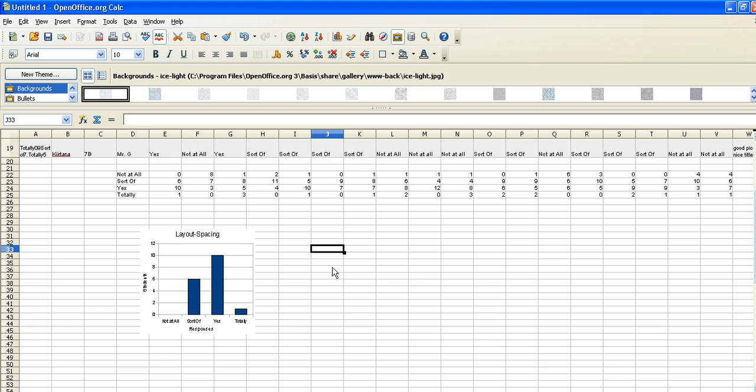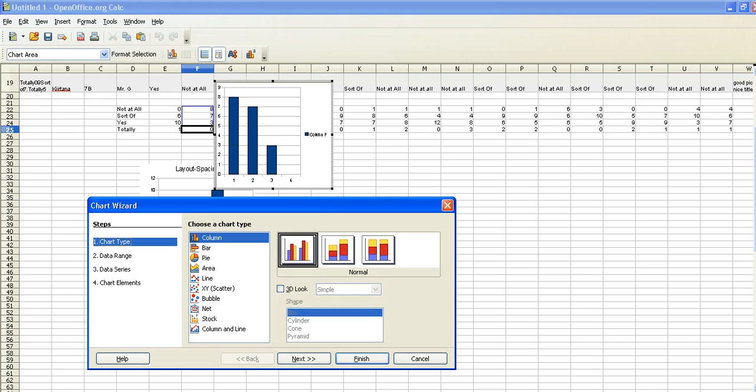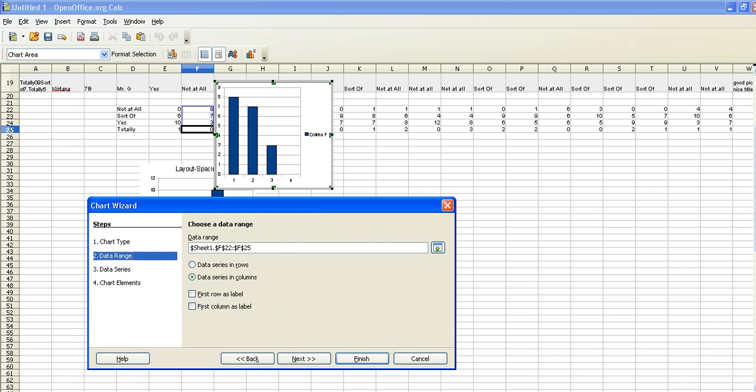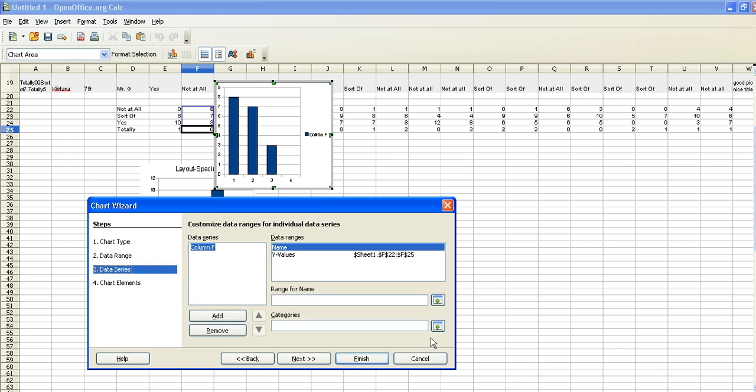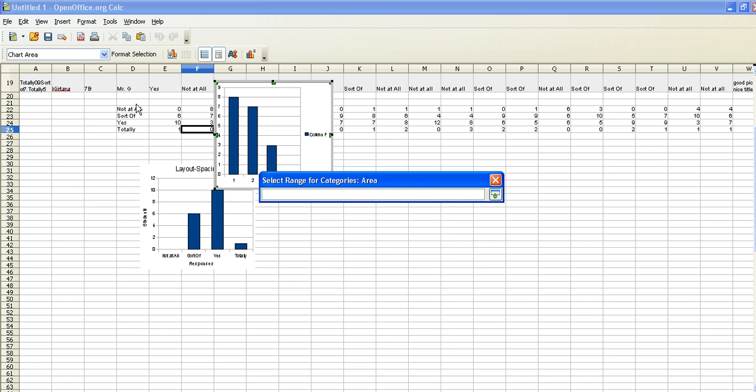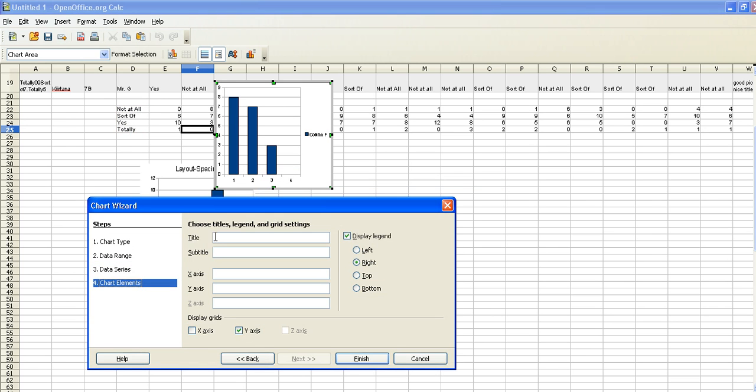As a review, we'll do the same thing for question 2. So I highlight the data, choose the graph, select the format, and then move down to the data range, which is fine in this case, the data series, and choose my categories, not at all, sort of, yes, and totally, and then input the title for question 2,